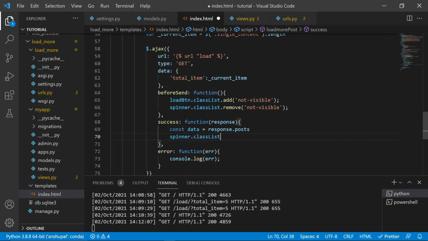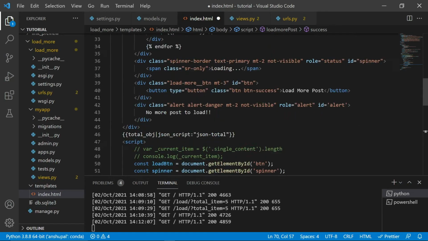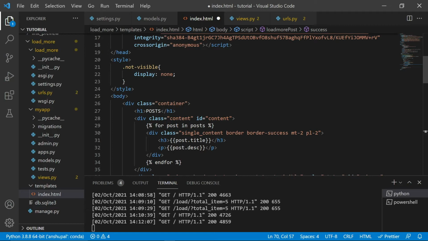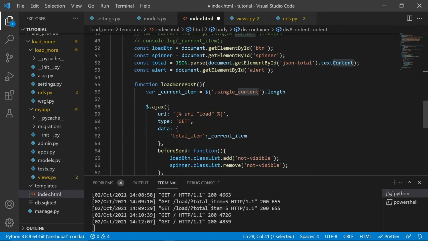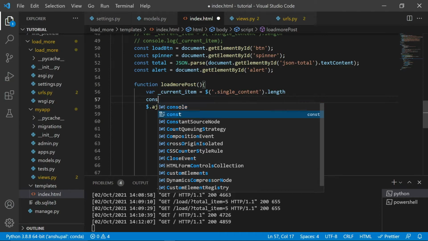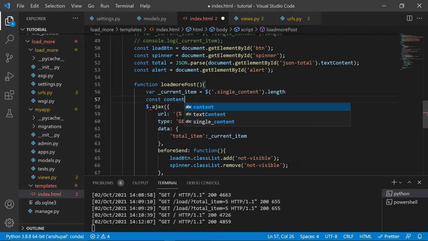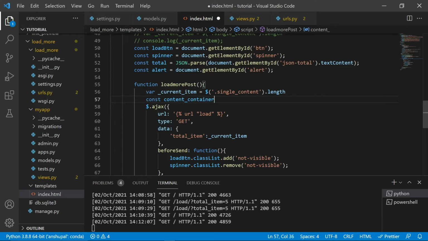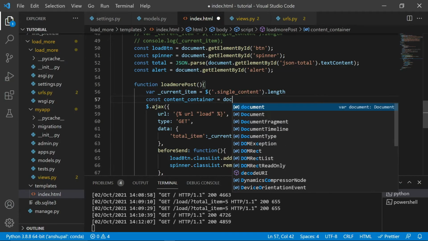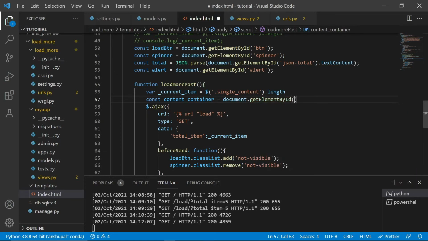So classList.add not-visible class, and we want our data to be loaded on this div, right? So we have to grab this div content. So let me just get that. So const, let's make it contentContainer, document.getElementById content,